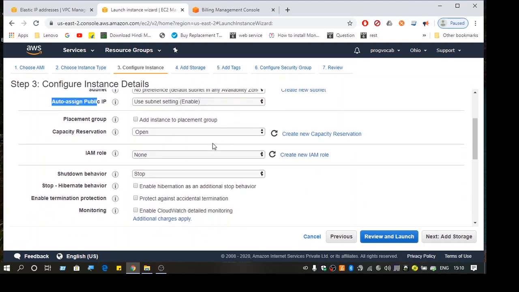So the IAM role: since I am using the root user, that's a bad practice actually, but I am just using it. You can create a new user and use it, and then you can assign a role for other users and services to use. If you assign the role to them, they will be able to access the EC2 instance. So you can create a role right now, or you can just leave it as it is. Shutdown behavior is stop, so no need to change that.